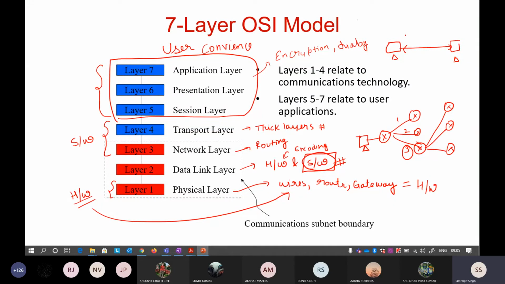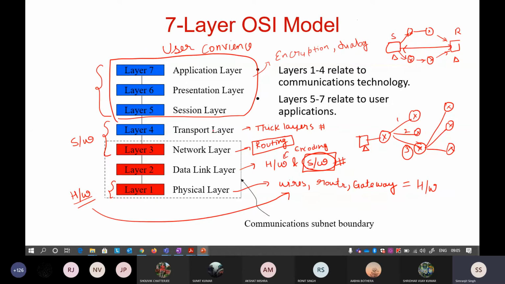There are also routers and wires. There are many paths between your sender and the receiver, and deciding which path to follow, which will result in the least amount of time to reach the receiver, is decided in the network layer. That particular step is referred to as routing.